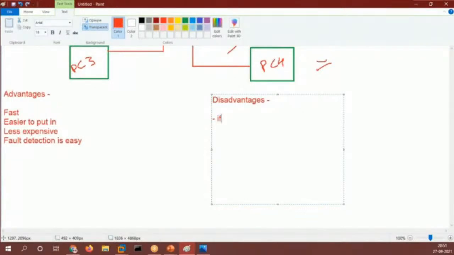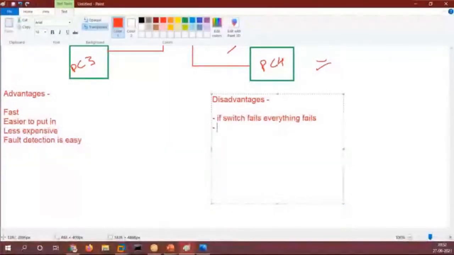If the switch fails, everything fails. The whole topology fails, right? Correct. Now what else? It requires more cable. As compared to your bus topology, star topology requires more cables, right?